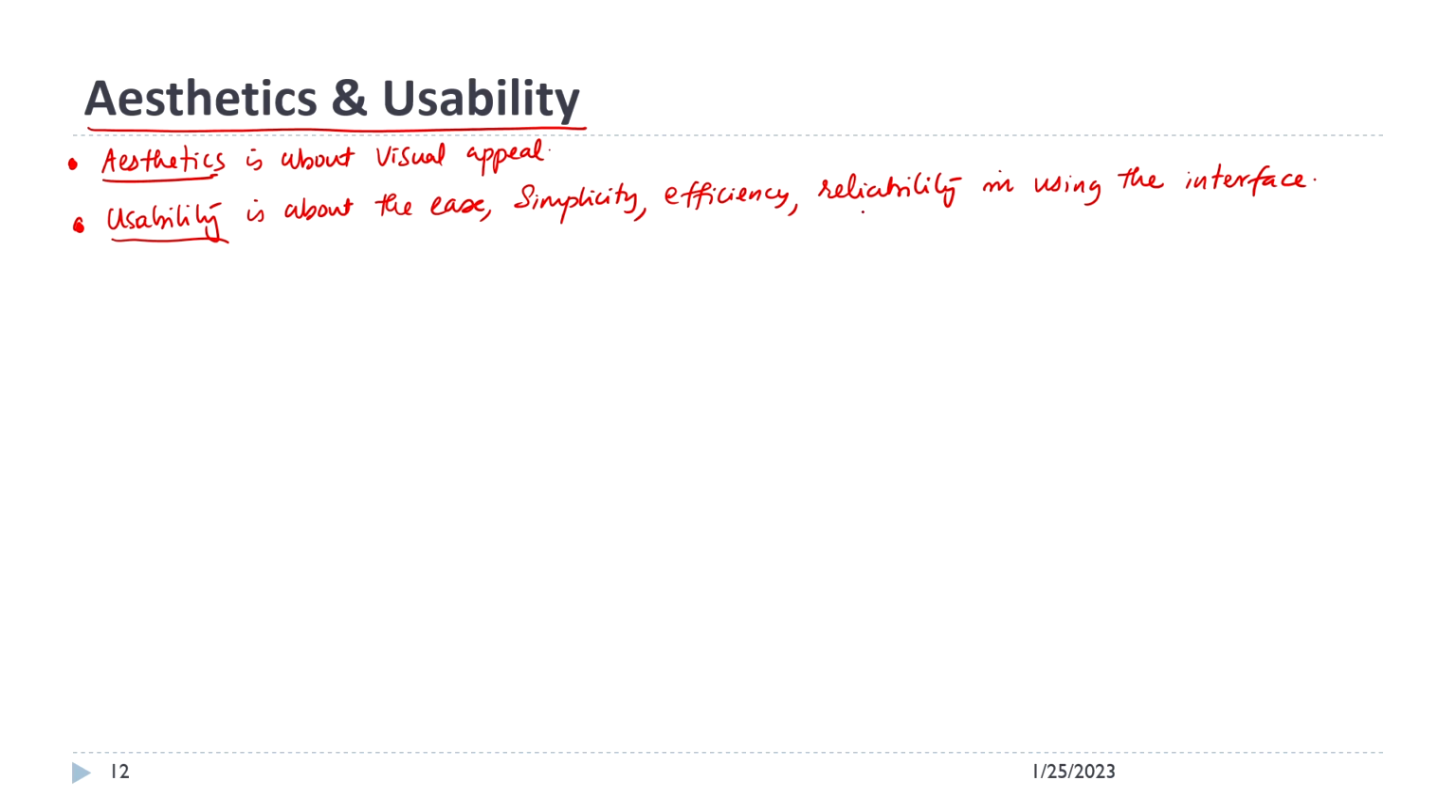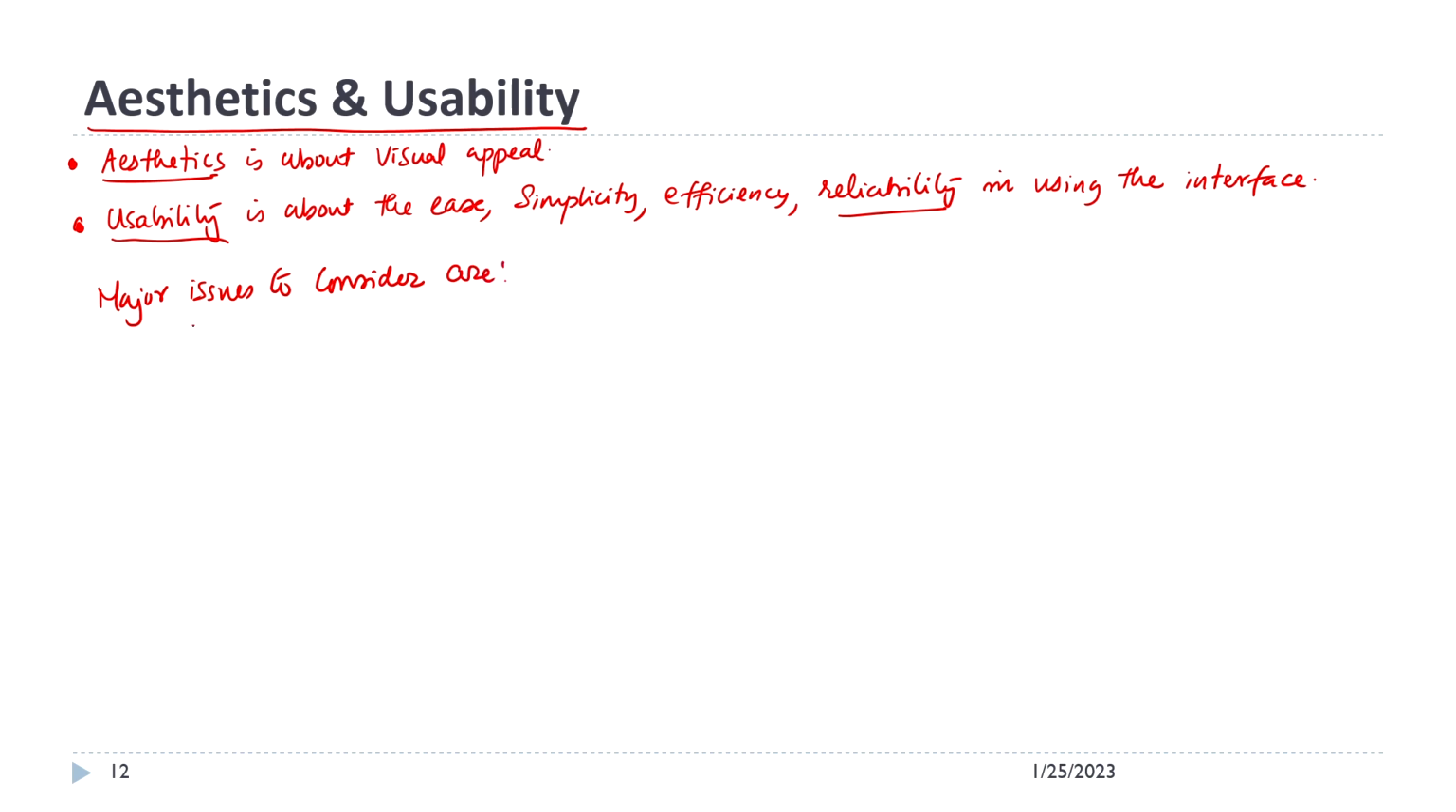ease, simplicity, efficiency, reliability. Reliability means you click a button, this time this is what it does, next time also the same button you click, the same thing happens. So, every time it reliably does the same action. Okay. So, that is what usability is about. So, major issues to consider